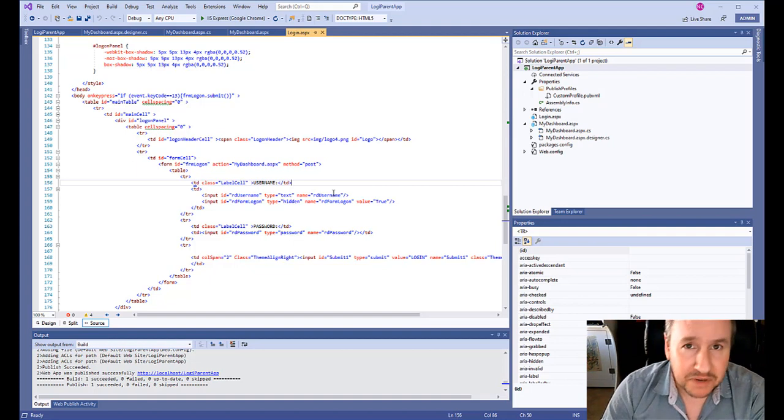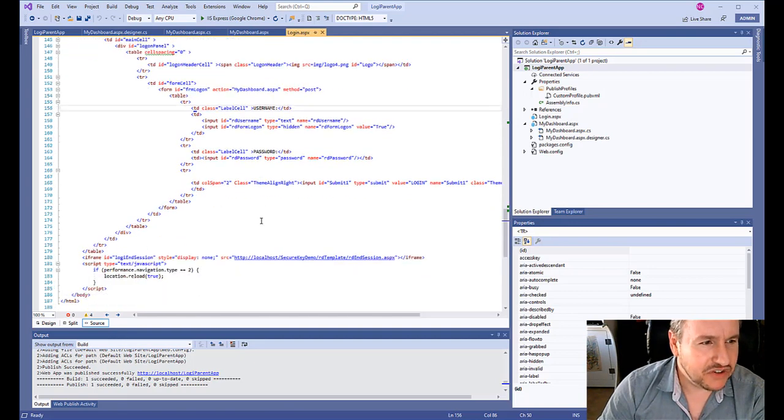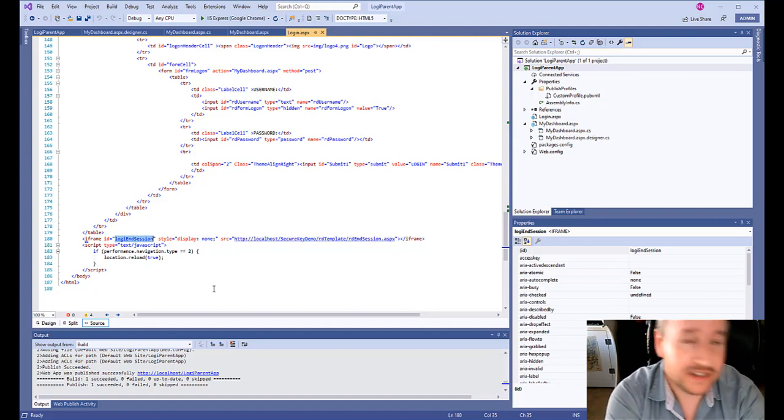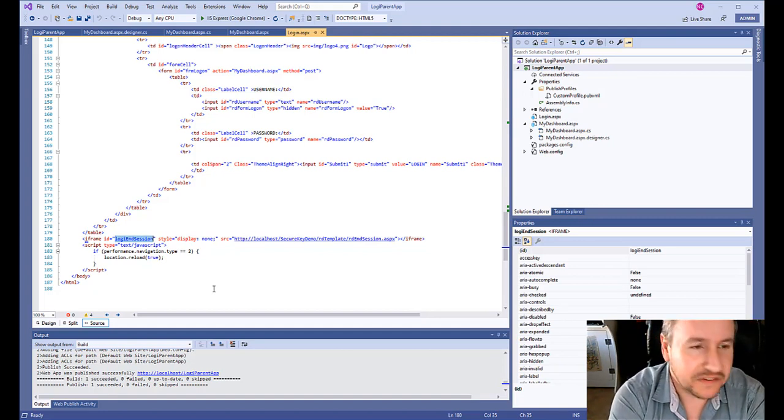You might have a logout button, and you might be able to code this into your logout button, but feisty users like me don't like to click the logout button. We just like to go back to the login page, then we might log in as someone else. So this method kind of covers both scenarios. On this page, if I scroll down, I've hidden from you an iframe. This iframe is actually a hidden iframe. And what it does is it makes a call to the Logi application and then a special active server page